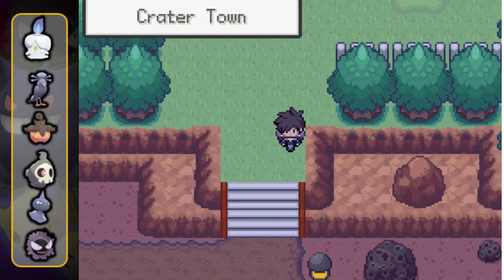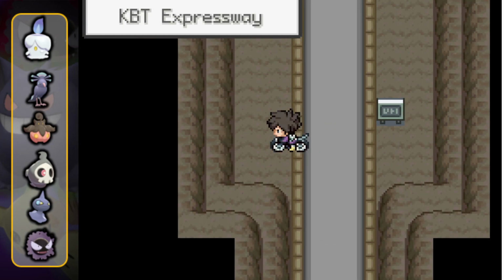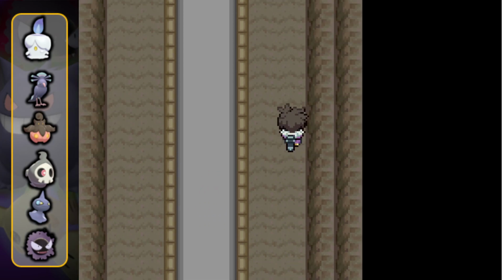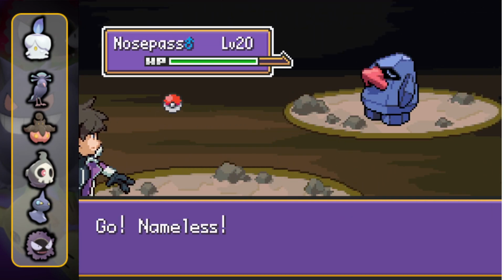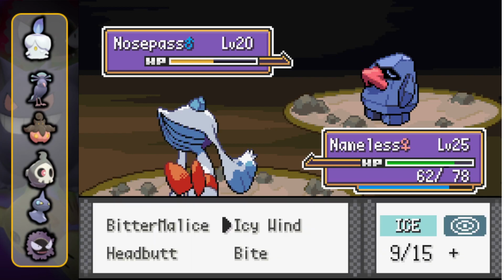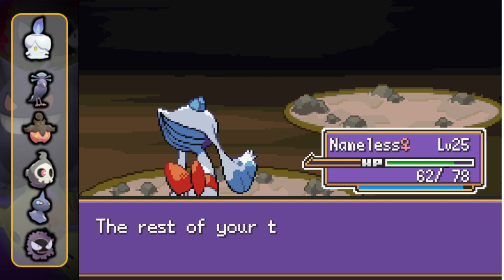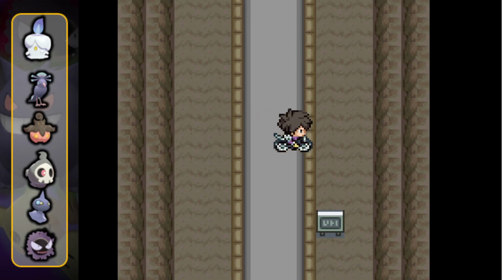Alright, let me try the KGB Expressway, where it's called. You did see I had a battle in here before. They're pretty uncommon, I believe, the battles in here. Well, there's some interesting Pokemon in here. Nosepass, I'd count as an interesting Pokemon. Alright, you surely will take me up there. Nope, need one more. But I think Noibat is in here somewhere, which is, you know...